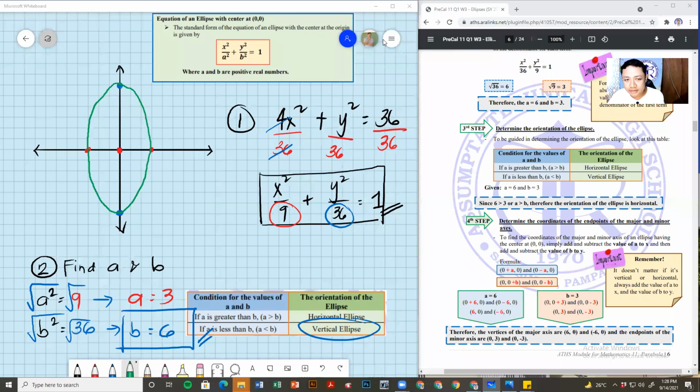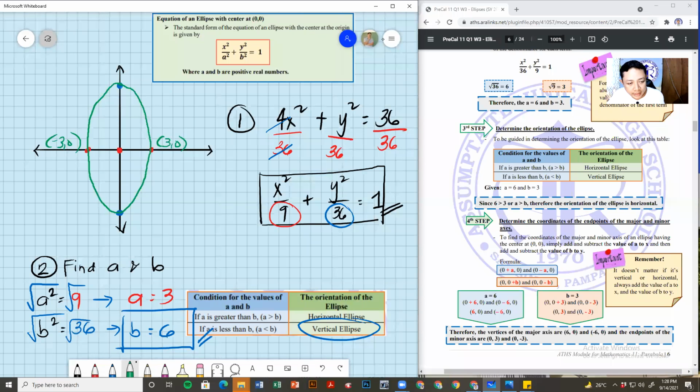The next thing to do is to identify the coordinates. Okay? So actually, by simply adding 3 to the right from our origin and then minus 3, automatic na yon. But if you want, you can simply count kasi madali lang naman tayo magbilang. So we have here 1, 2, 3, 0. And then to the other side, negative 1, 2, 3,